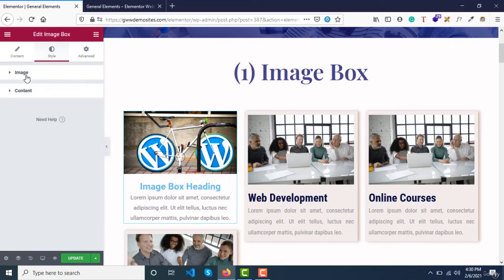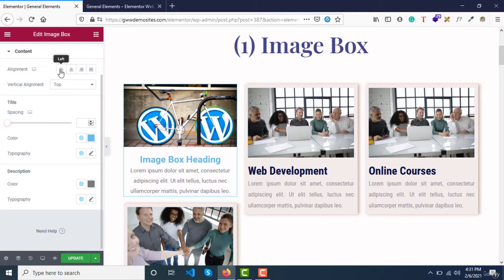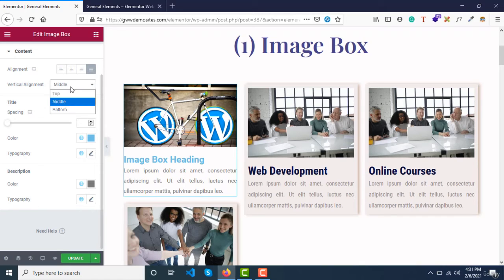let's close this image section, and now let's go to content. And here in the content section, you have the alignment option to left align, center, right align, and justify the content, right? In most cases, people use justified content, but based on the design requirements, you have these options as well, right? Let me keep it justified over here. And vertical alignment, do you want it to be in the center, or in the bottom, or in the top? Now